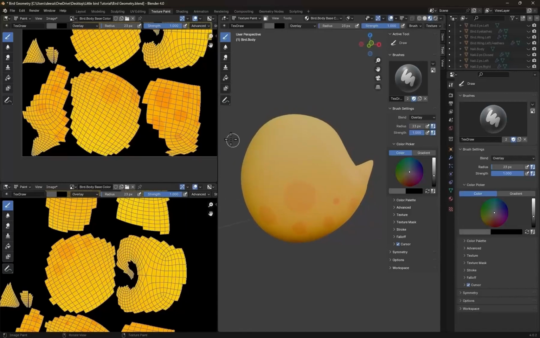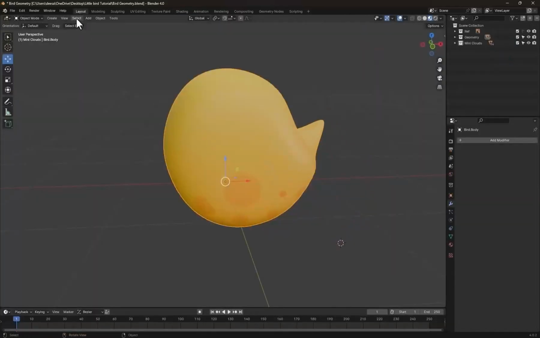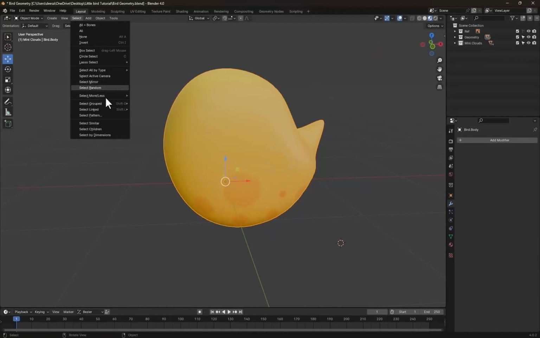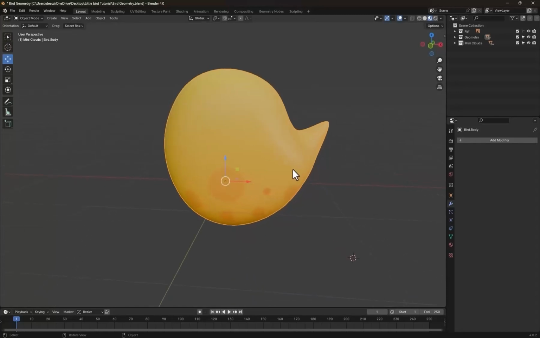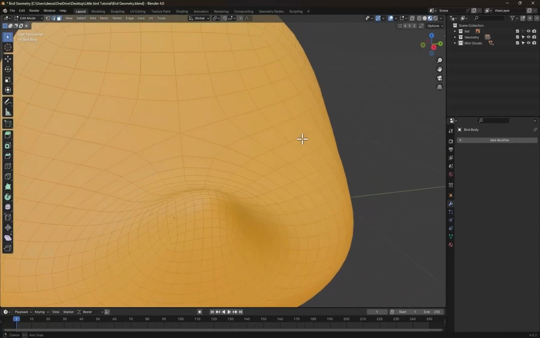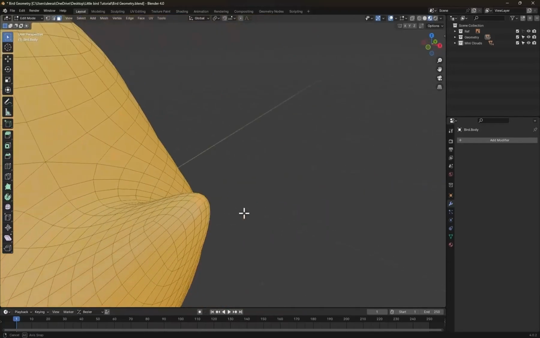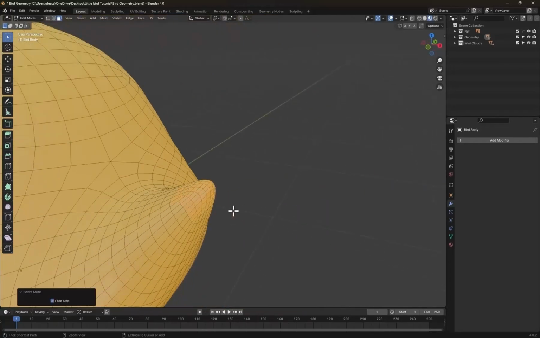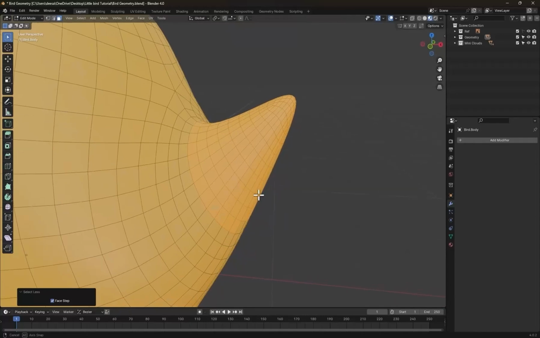Now I want to add something. Let's get back to the layout and go to select less or more, more or less. Select more, right click on it and select remove shortcut or edit shortcut. I've edited mine to press Ctrl and wheel up and Ctrl and wheel down. To demonstrate this, go to the edit mode and just select these faces. If I press Ctrl and move the wheel up, it will select the next step of all of